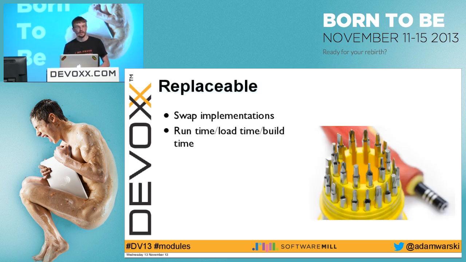Okay, last but one, replaceable. We usually want to be able to somehow swap implementations, especially if we have interfaces. But if we have modules, we want to take out one module and put another implementation in its place. So in OSGi, you can, for example, do it at runtime. Right? So if we know that a jar implements some set of interfaces, we can take out this OSGi bundle, we can put another one, yeah, it can provide some services and so on. It can be also done at load time, as with JEE, or at build time even.